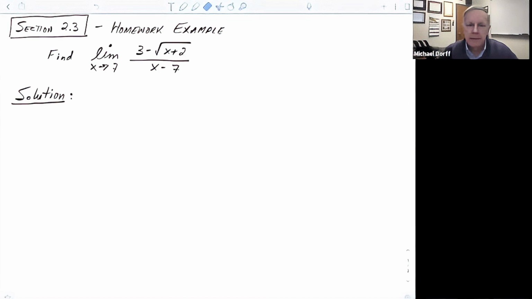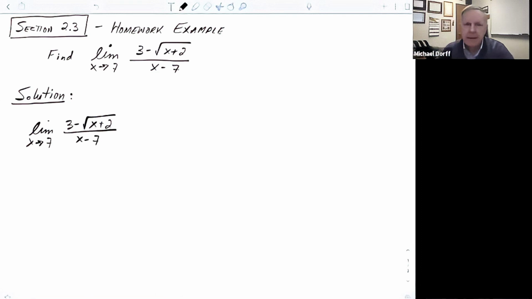When I substitute that into the numerator, I get a 0. And when I substitute into the denominator, I get a 0. So I have 0 over 0, which tells me I need to try something different. Let me write down the problem here. I have the limit as x goes to 7 of 3 minus the square root of x plus 2